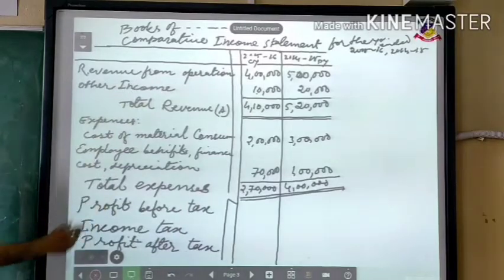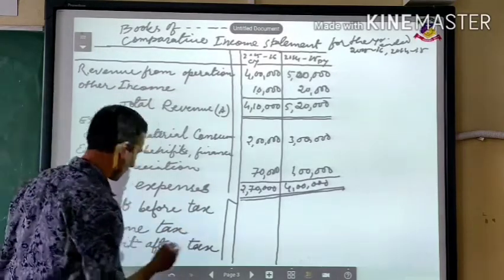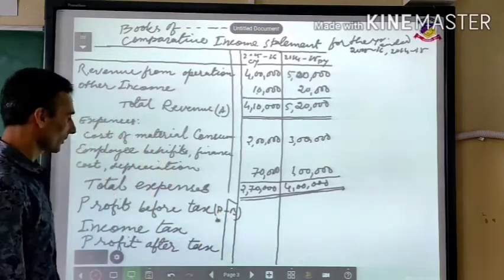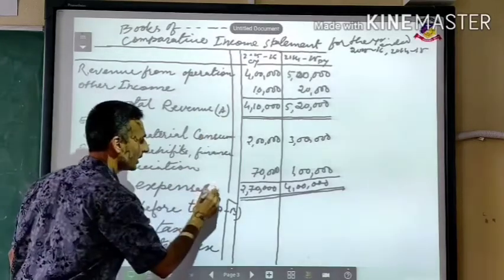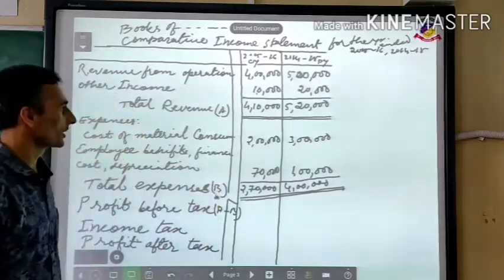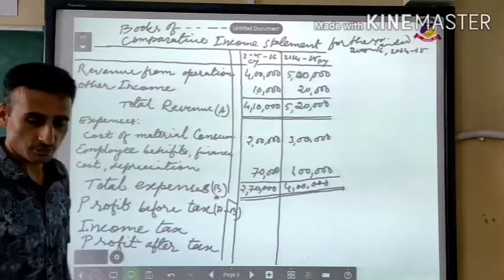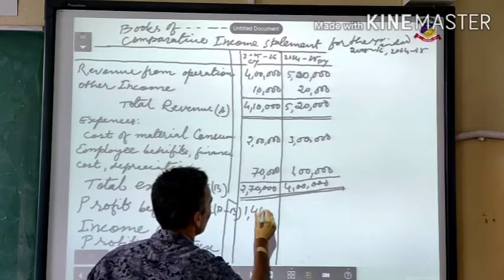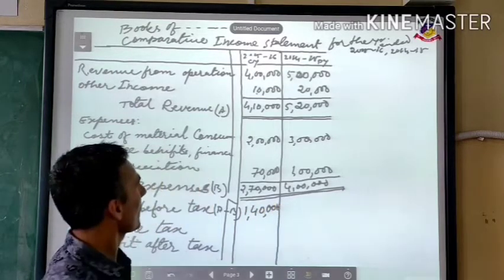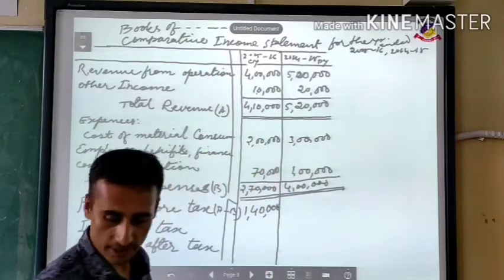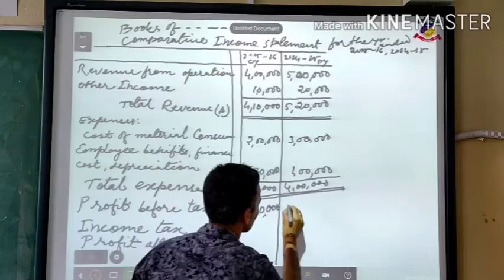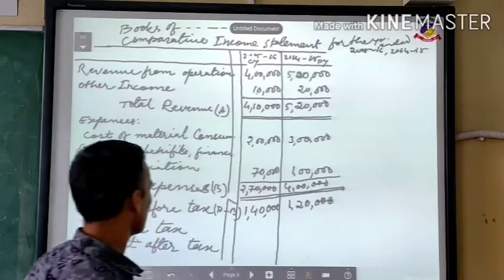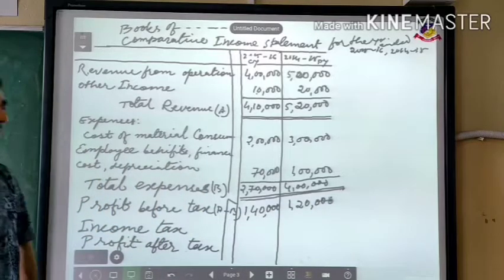Now you have to find out profit before tax. How are we going to find profit before tax? This is your A minus B. This is your A and this total expenses is your B. So 4 lakhs 10,000 minus 2 lakhs 70,000 will give you 1 lakh 40,000. Similarly, 5 lakhs 20,000 minus 4 lakhs will give you 1 lakh 20,000. Now income tax as given in the question,